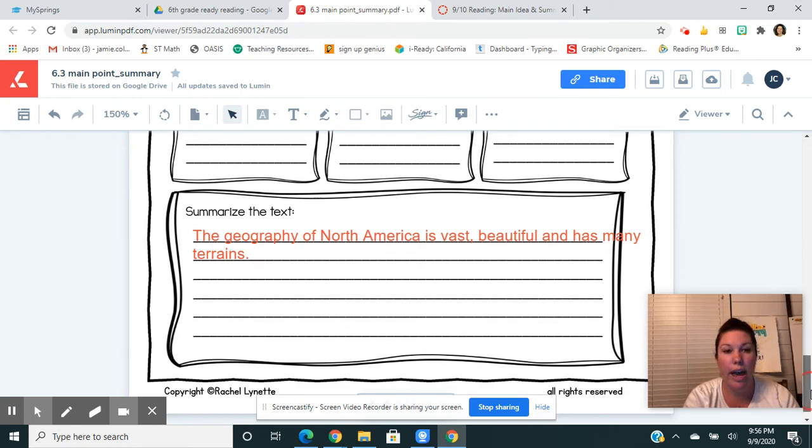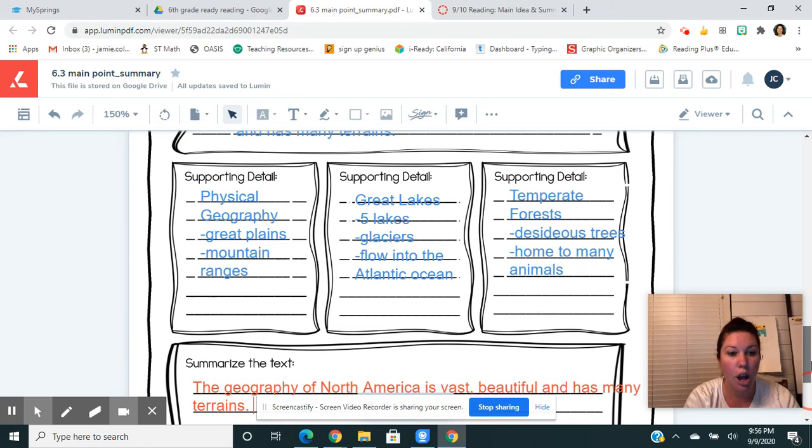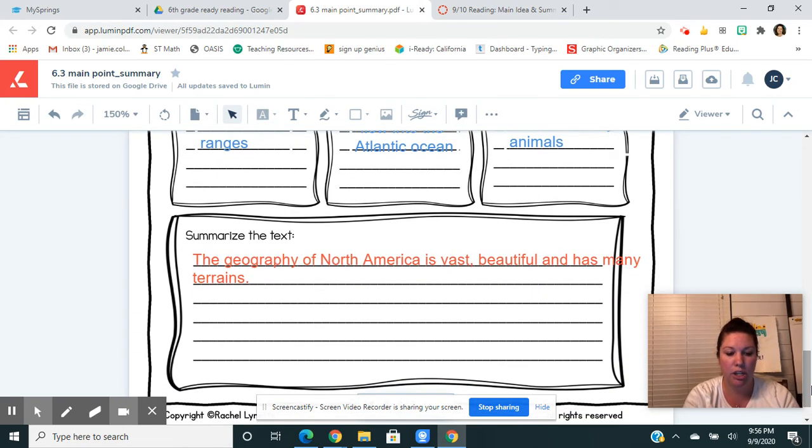And then I'm going to go ahead and start with my first supporting detail, which is the physical geography. So I'm going to talk about the Great Plains and the mountain ranges in North America, so I'm going to put those into sentences. North America has, no, I'm not going to put has, I'm going to use a better word. Features Great Plains